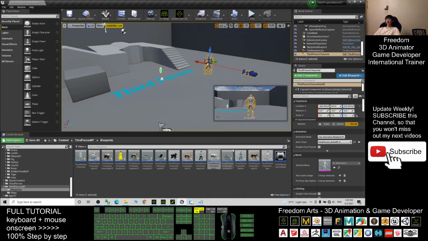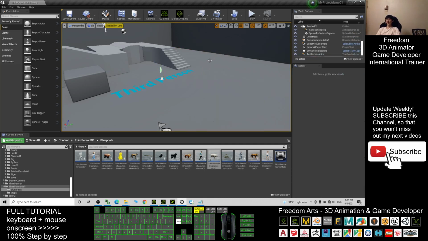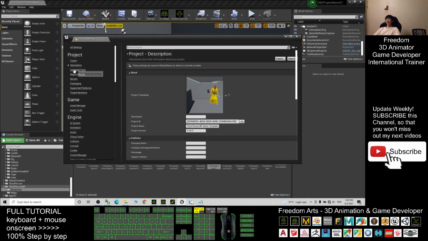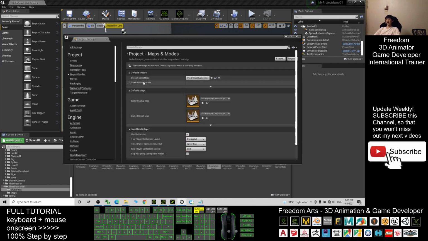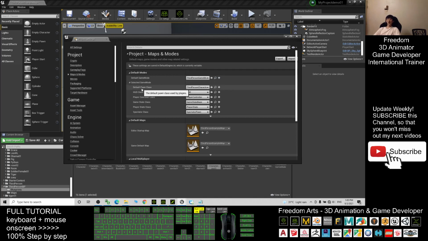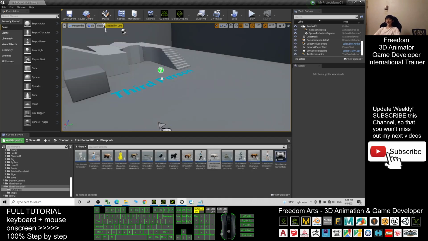Next, you want to change it to become the main avatar. First, you delete the mannequin from the map. Press the delete button. Click edit, click project settings. Click maps and modes. In the selected game mode, the default pawn class, you change it to become the third person character pig 01. Then you close it. Now, when you play the game,